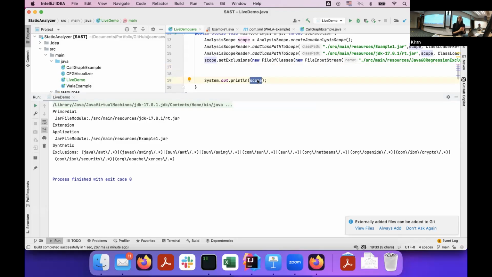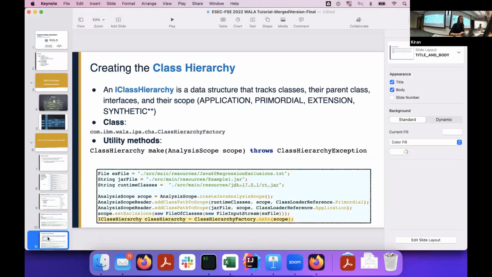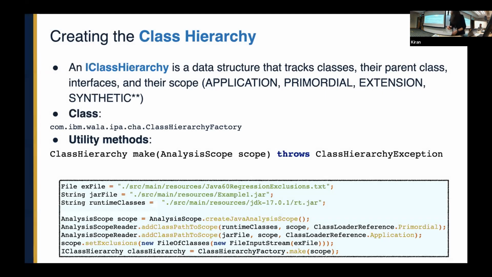So that's the first step for you to actually start using Wala. You specify an analysis scope. Now, let me go back to the presentation. When it comes to analyzing object-oriented programs, you have to specify something happening here. Okay, now it's back. You have to specify a class hierarchy, because if it is an object-oriented program, you have